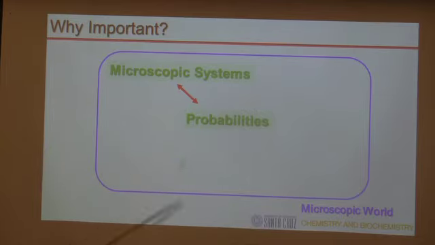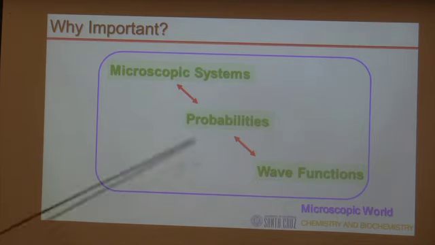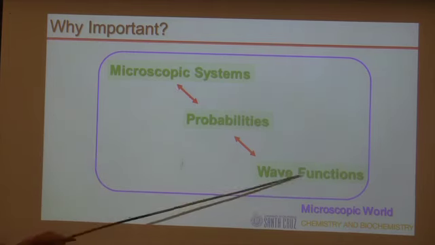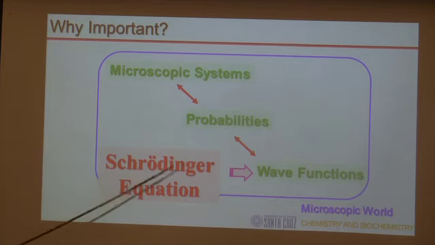And when we talk about probabilities, this is also closely related to a wave function. Now when we talk about a wave function, we introduce this concept: it's no longer called a function, it's now called a wave function. A wave function describes the motion within the microscopic world, or describes probability. And we know the Schrödinger equation exactly addresses this part, right? Because one term in the Schrödinger equation is actually a wave function. Okay? So based on that,